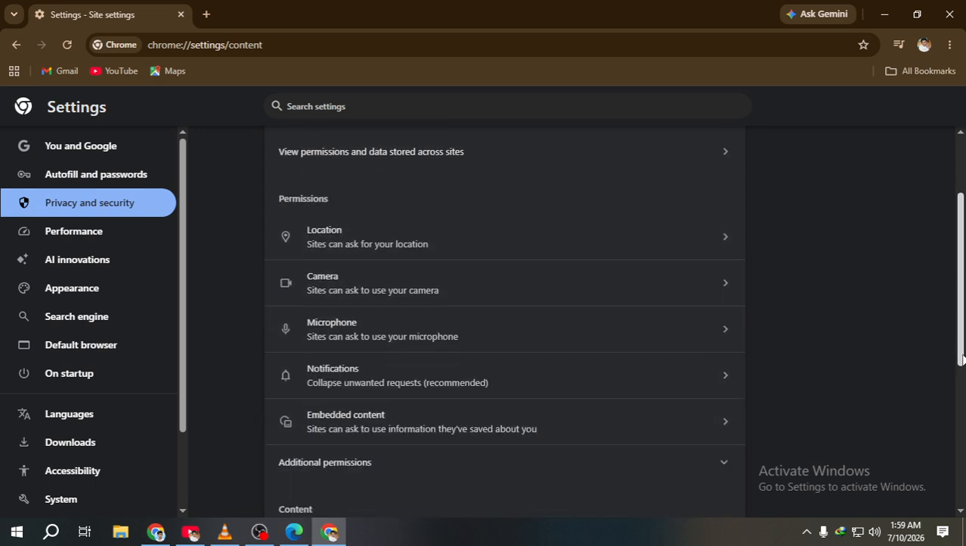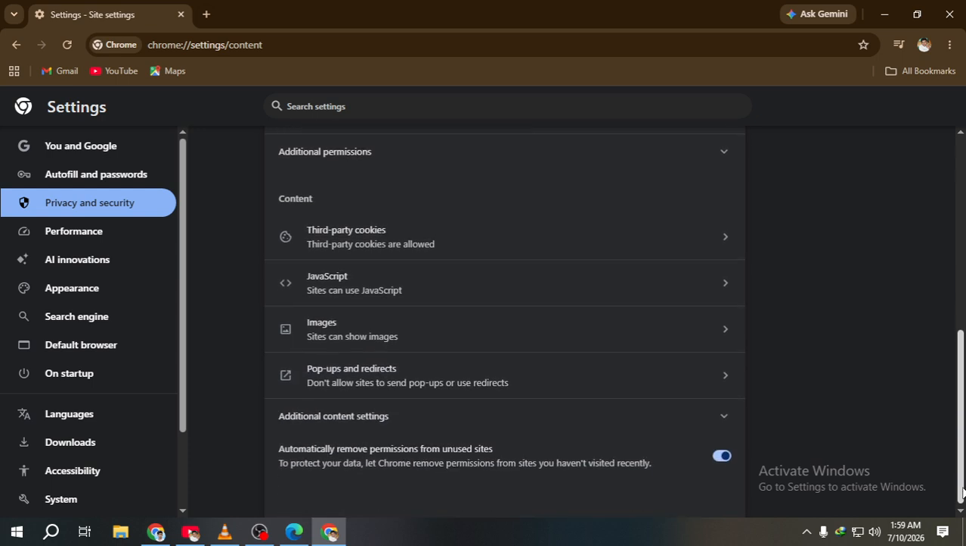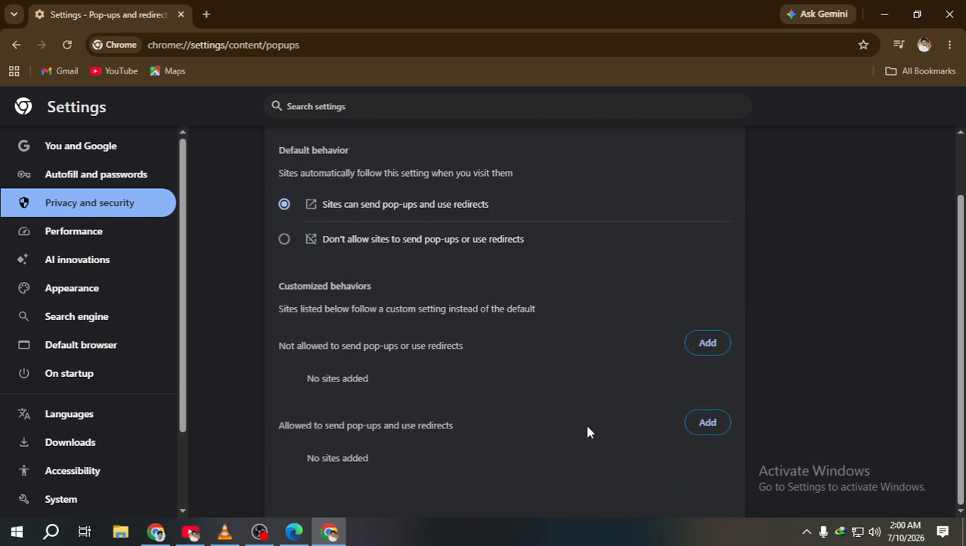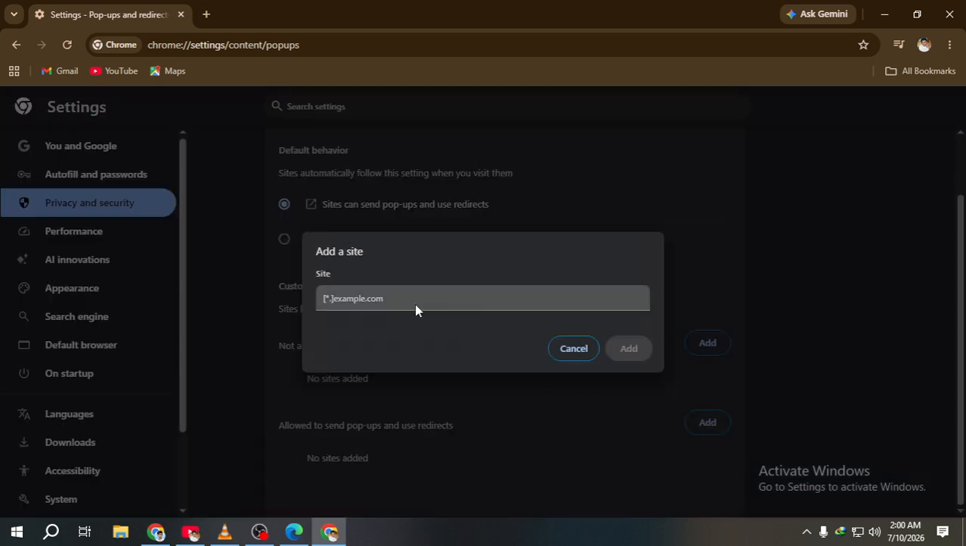By default, Chrome blocks pop-ups and redirects on most websites. To allow them everywhere, select the option that says sites can send pop-ups and use redirects. Once this option is selected, Chrome will allow pop-ups from all websites. Keep in mind that this can also allow unwanted pop-ups, so it is usually better to allow only the specific